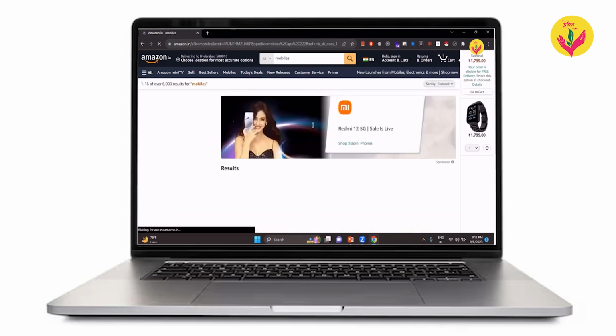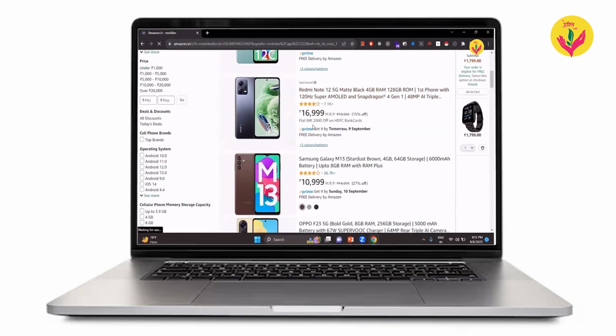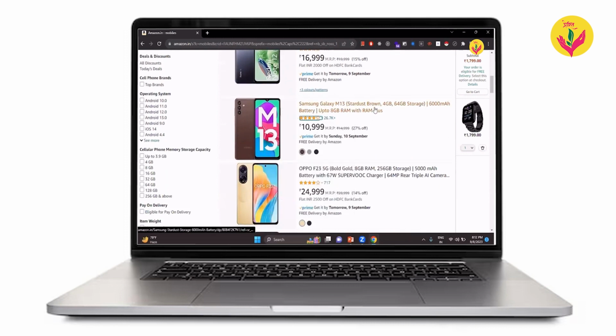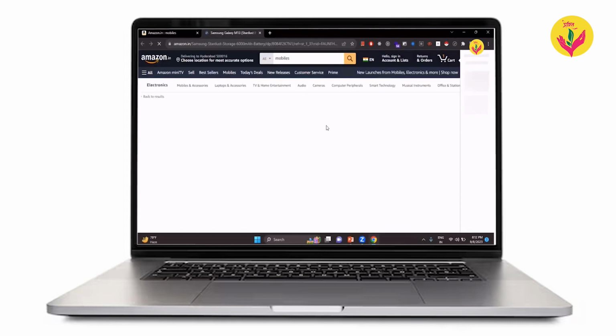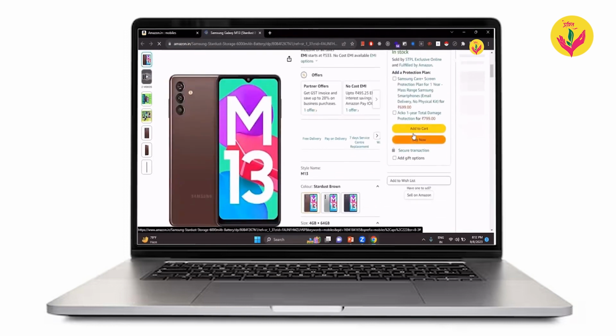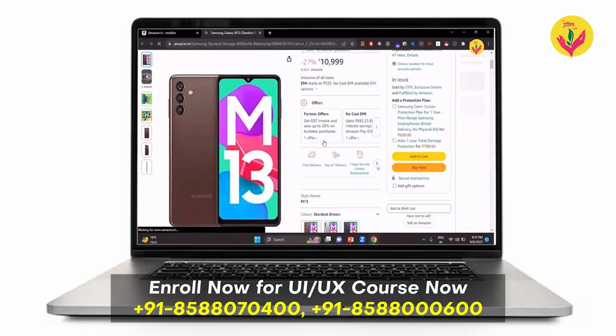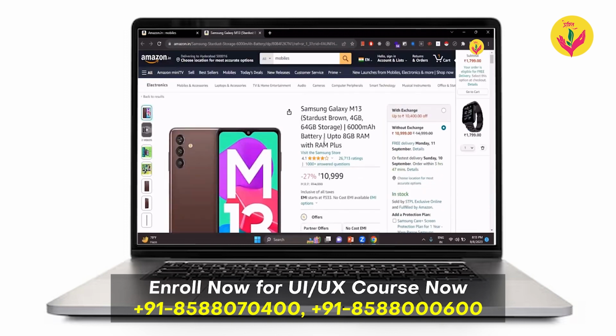According to that, I'm going to get some responses. According to the responses, if I want to select a product, I click upon the product and make an add to cart, or buy now, choose any of the specifications, choose the colors. All these things come under user interface.